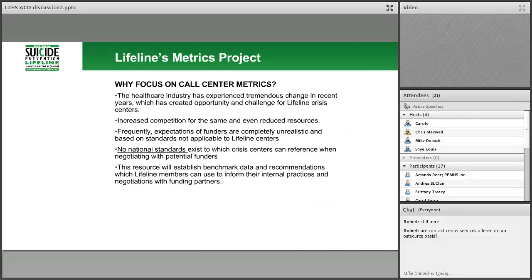Which leads us to talking about the Lifeline's metrics project that we've been working on over the last 6 months or so, trying to pull together with folks. We realized that there is a huge change that's happened in recent years in the healthcare industry, which creates both an opportunity and a challenge for us as crisis centers.